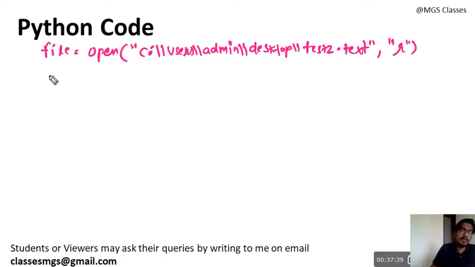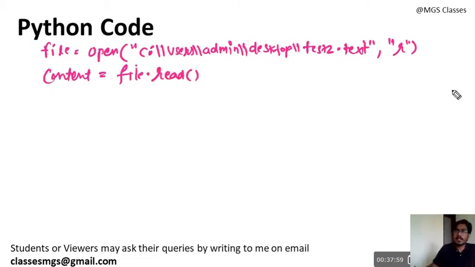Okay, now we need to put this into some variable. Let me change the variable name so that it would be relevant. S is not relevant; I had taken string here. Let's suppose content equals to file.read, which is going to read the content of the file.